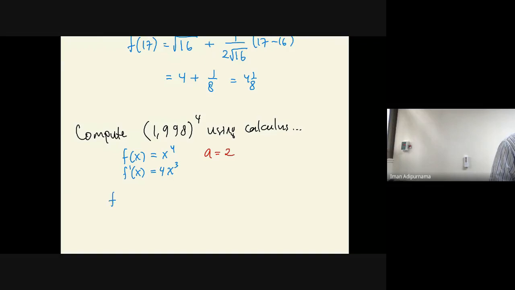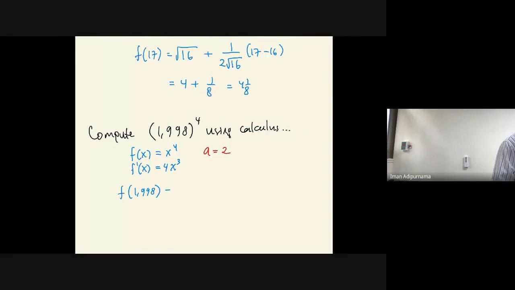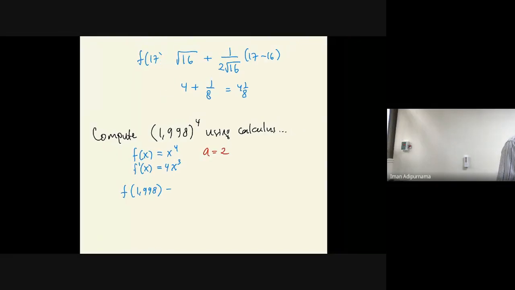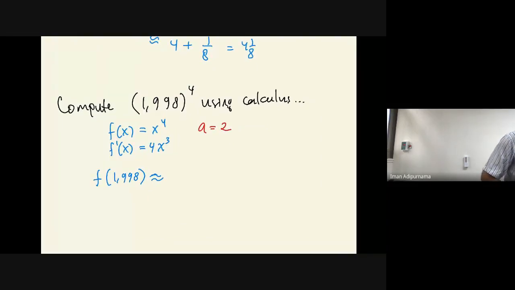So this should be an approximation. So this will be 2 to the fourth, 16, plus